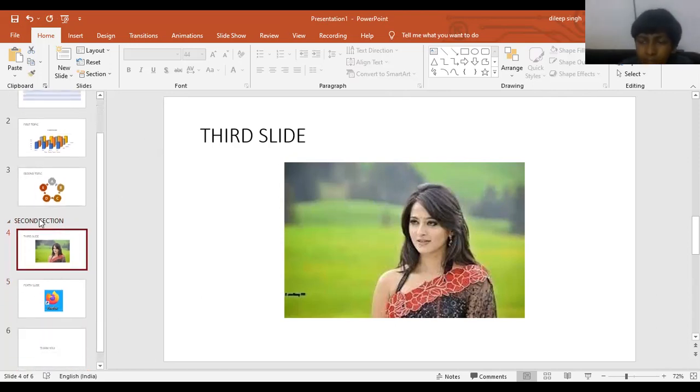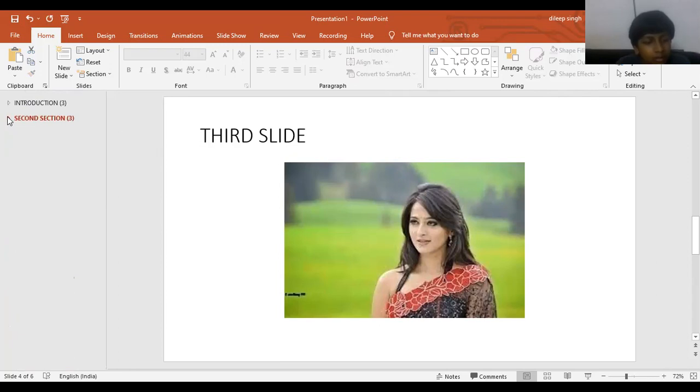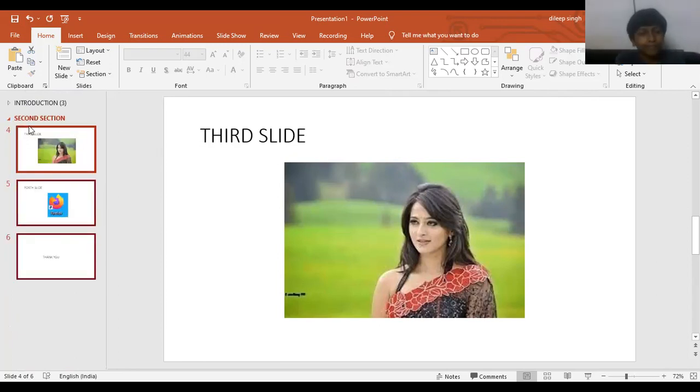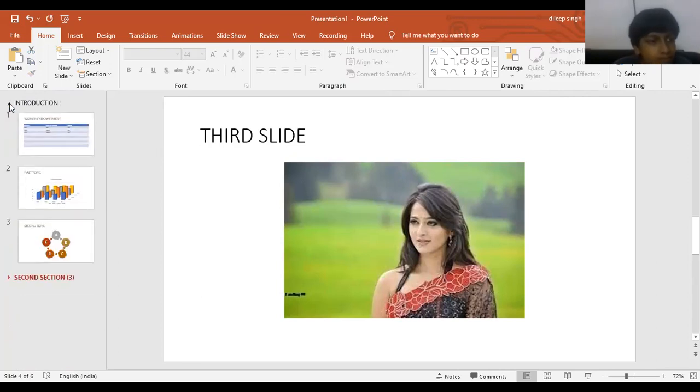When we click on this like this, it will hide the particular slides which come in this particular section. So if we want to work on this, just hide this, and we click on this, we'll get only the slides of the second section. So by this option, we can easily manipulate the slides and work easily by section. Clear? So firstly, we divide the section and we will work on different sections by choosing like this.